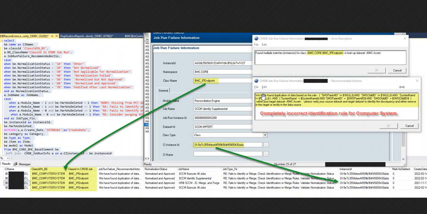and it shows the fields where it failed, which is SMS parent ID, SMS child ID, system name not being null, etc. The rule itself is not all that important, although I do want to point out that the system name is referring to the host on which this IP address was found. So in order to fix this particular error, I need to go to the BMC IPEndPoint class,